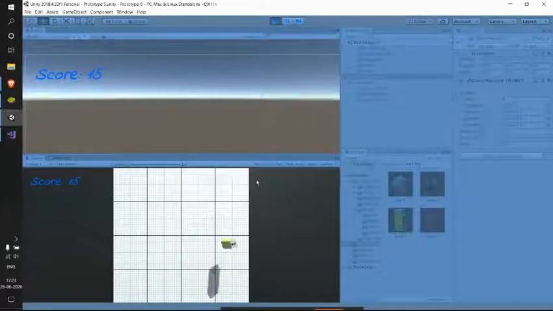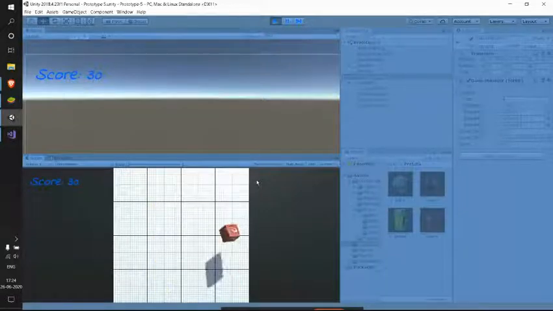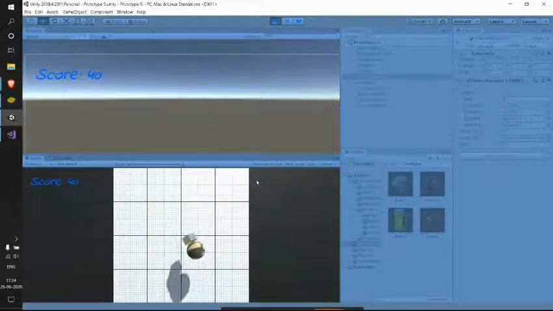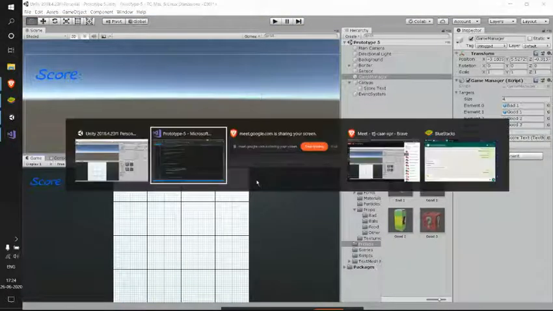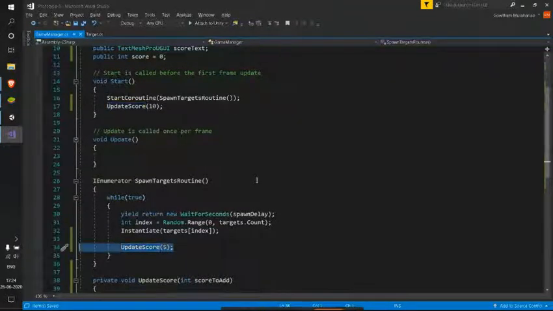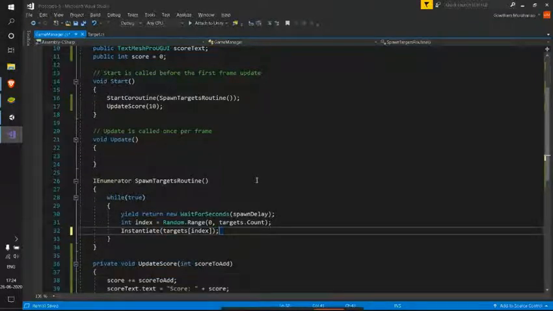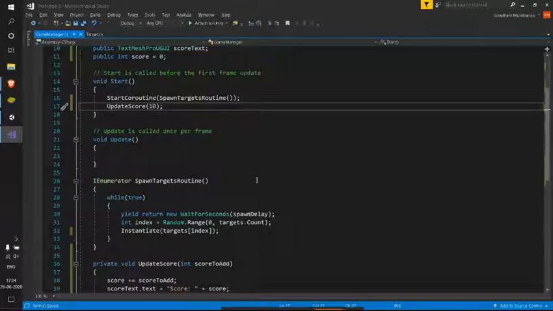See, it's 10. Whenever a new object is created, we are making it increment by 5. So that's the thing. Coming back to our code in here, we no longer need this. I used this just to test if our method is fine. It's perfectly fine, and I can remove this particular thing also. Instead of 10, I'll just initialize this with 0.